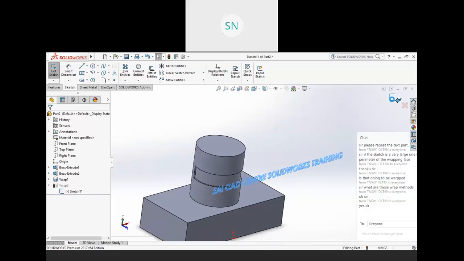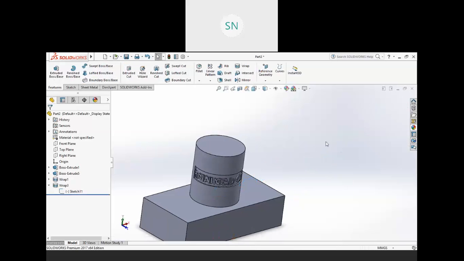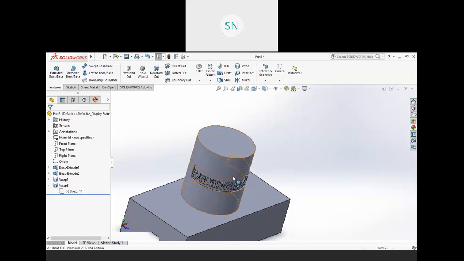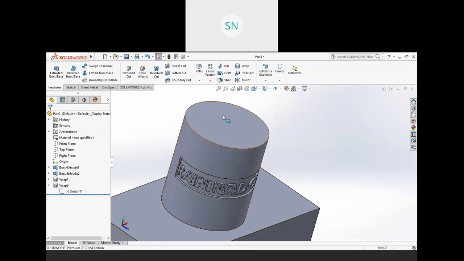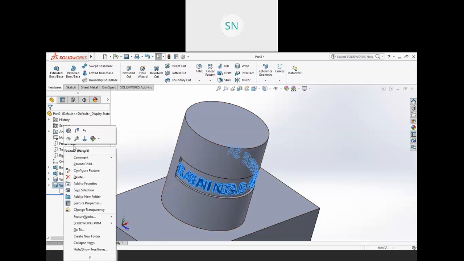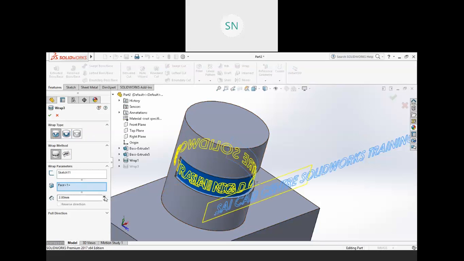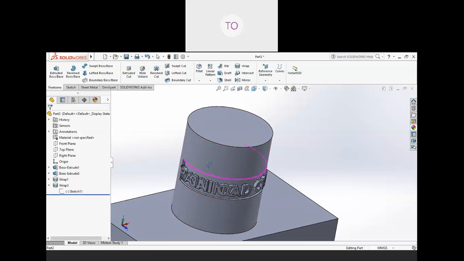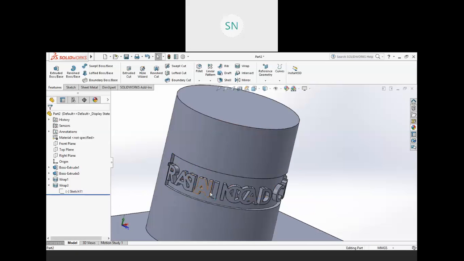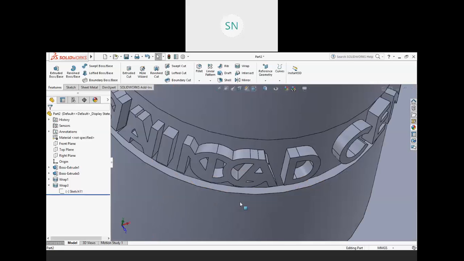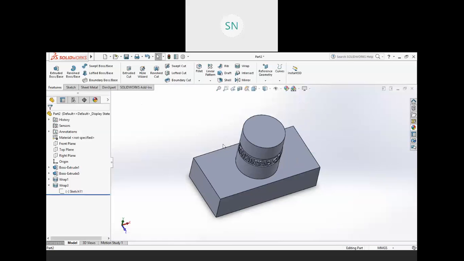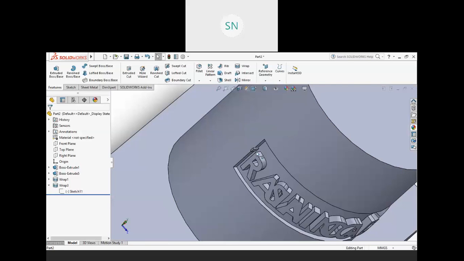So finish it and see what we have. It's continuously wrapping it around. Overlapping. Yes, it is overlapping. Yeah, okay, sir. See, it started from here, then goes all the way around and then again comes back to here.